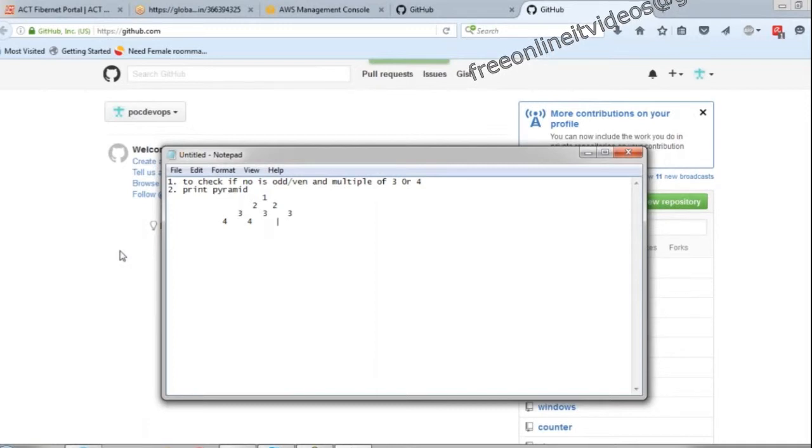We might have done it in a different programming language. Try it out. Trust me, it will help you a lot. So print it till however big a number you want, it should be able to print it. So the number should be taken as an input from the command line, that is, you want it to print a pyramid of 4 or pyramid of 5 or pyramid of 10 or pyramid of 20, you have to decide it and then print it. So there is a strategy for it. First, it's not a simple program.